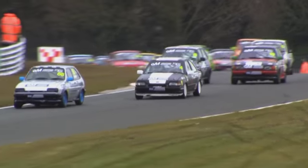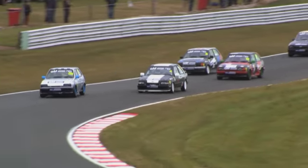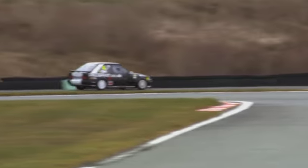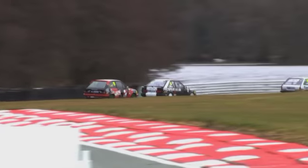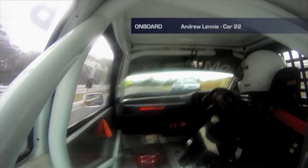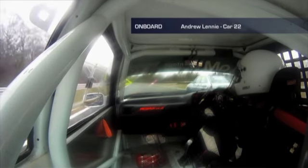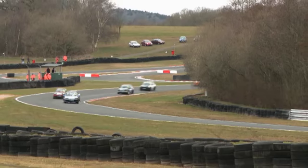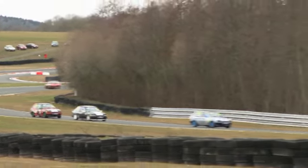They charge down the avenue for the first time through to Cascades. And it's nip and tuck, contact for the lead of the race. Third place is now Michael Heath. So I think Fernihough had his nose in front in that battle through turn one at Old Hall Corner, but now it's switched around and Michael Heath is on the tail of Andrew Lennie. That's pushing him onto the tail of the race leader as they come through towards Shellall's hairpin for the first